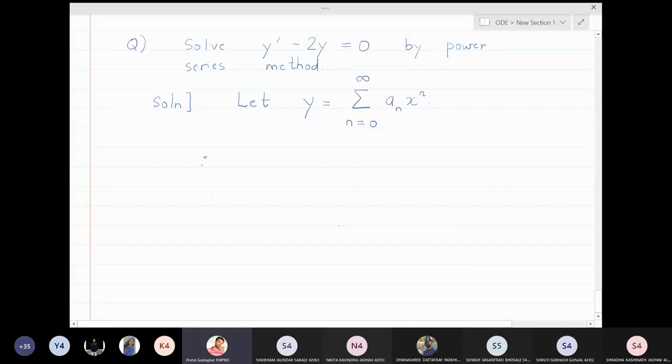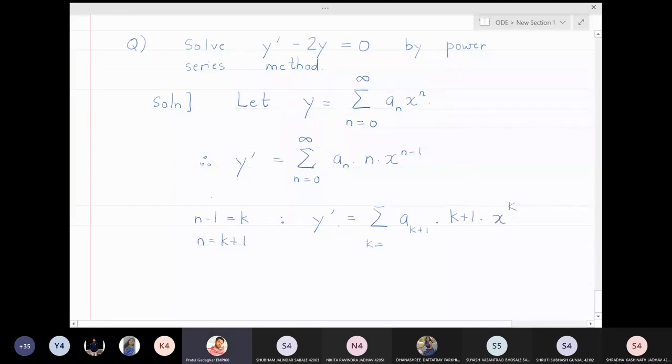And therefore what is y dash? Y dash is summation n going from 0 to infinity a n into n x raised to n minus 1. I will change the variables. n minus 1 is equal to k. So in this change of variables, the derivative expression will become, n will become k plus 1. This will become a k plus 1 into k plus 1 into x raised to k, and the limits of the summation will become k going from